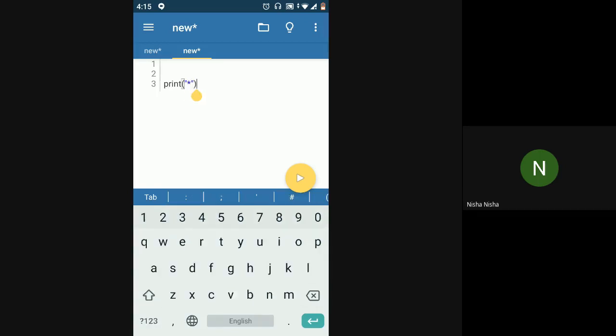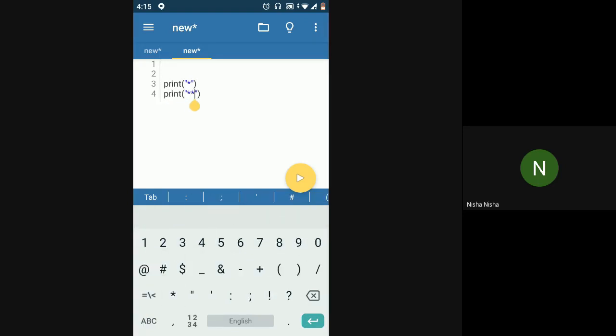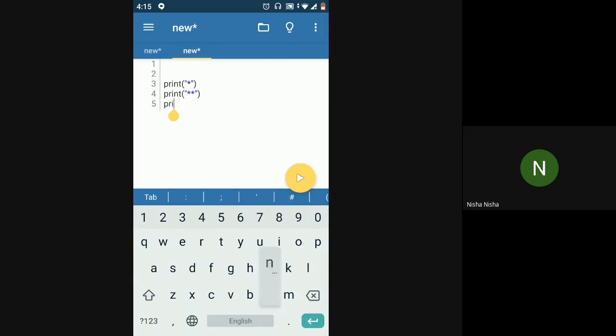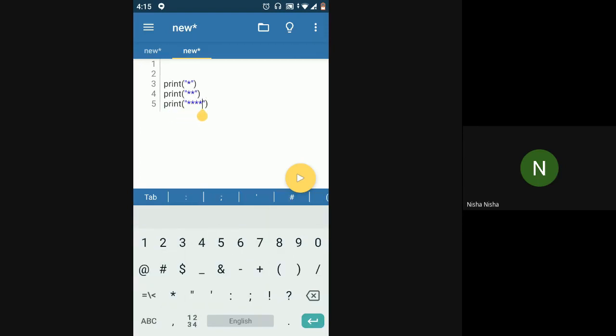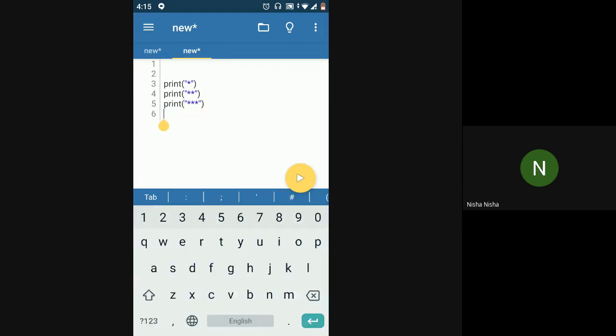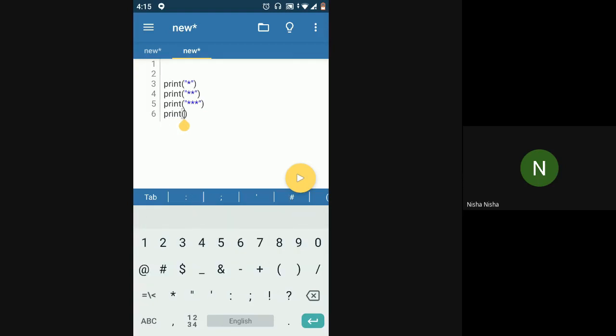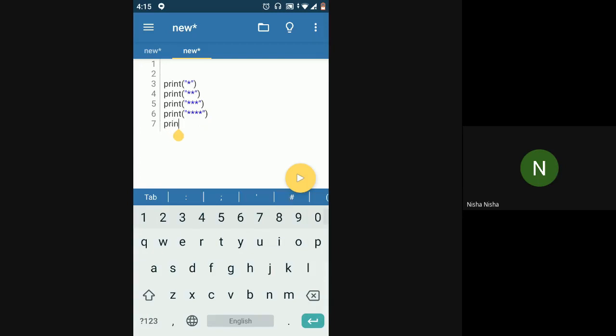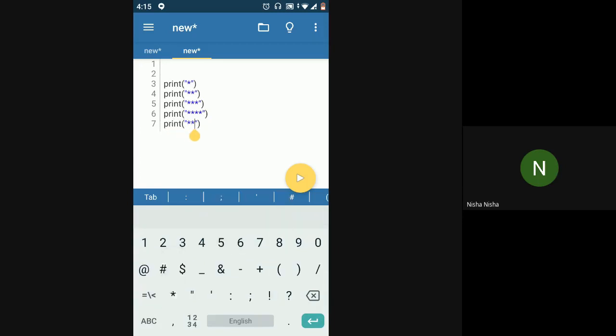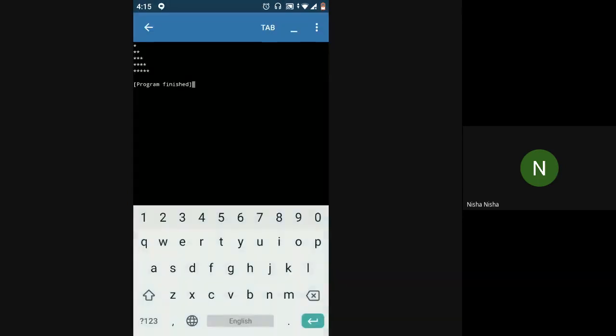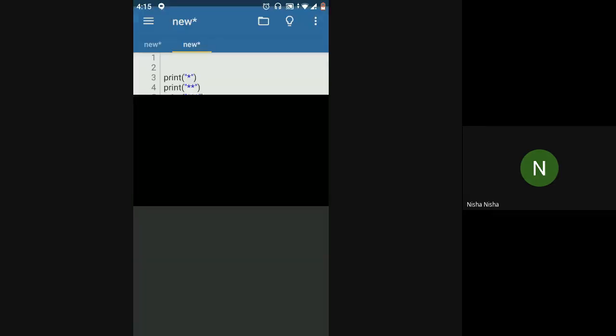Without using a for loop, you just print a star on one line, print double star on the second line, three stars on the third line, four stars on the fourth line, and five stars on the fifth line. This is the simplest way to do it.